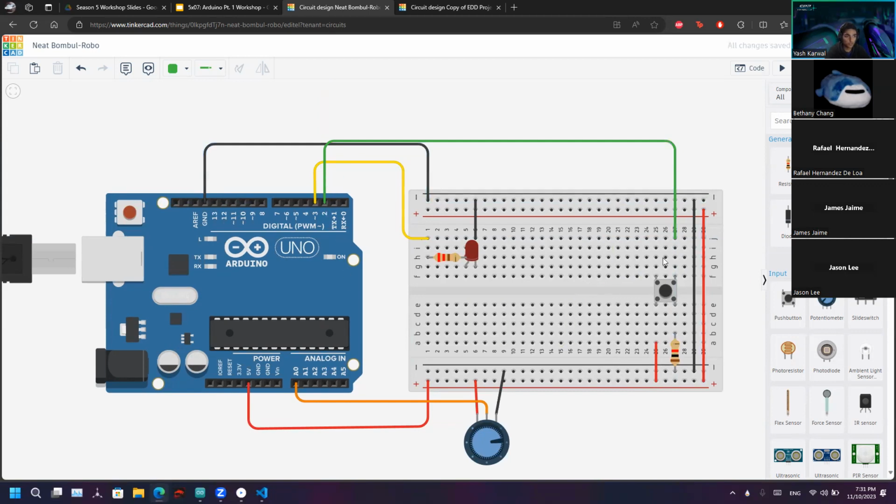So the reason I chose this terminal here is because it's automatically going to go to ground first by default. But if I press power, then it'll go to power and go this way. The reason I put this pull down resistor right here is because when there is no power, no 5-volt signal going through, there's going to be some current that might leak through the connections here. So I'm gonna bring that down to ground, so make sure it's properly grounded. There's no floating